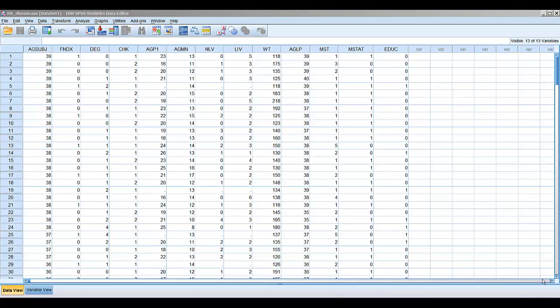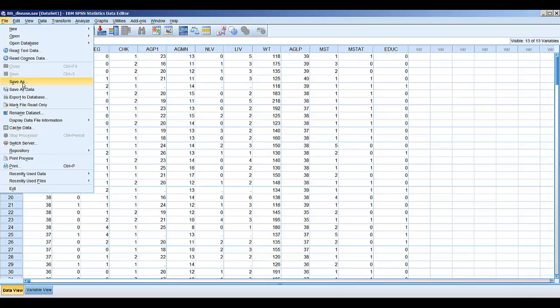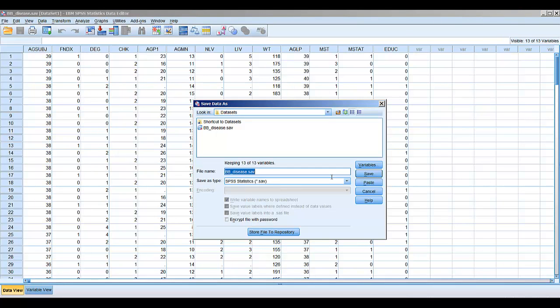So in SPSS, to do that, we are going to go to File, Save As. What we want to do is save this file as a permanent SAS dataset. So I want to save this dataset to my flash drive. And again, I'm going to call it